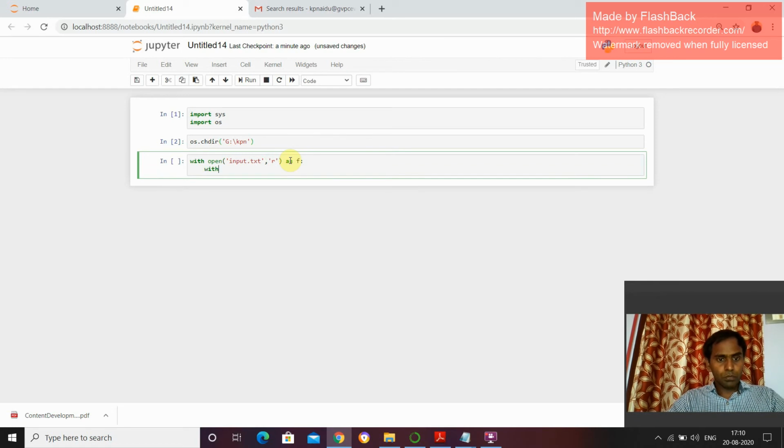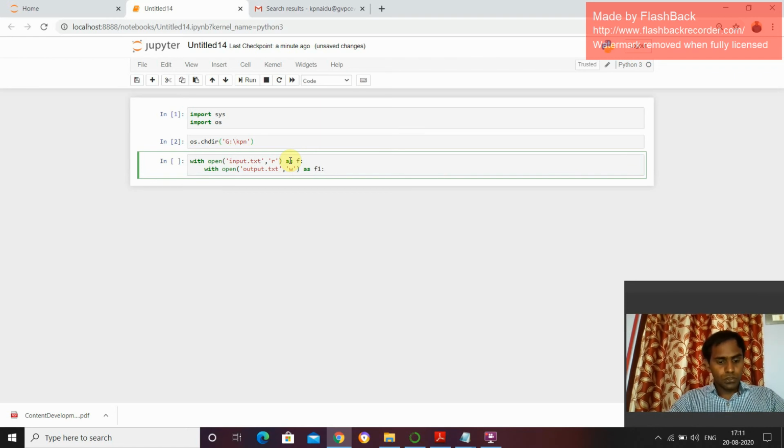Next I have to open the output file, output.txt. It can be opened in write mode, and it can be used to write the output.